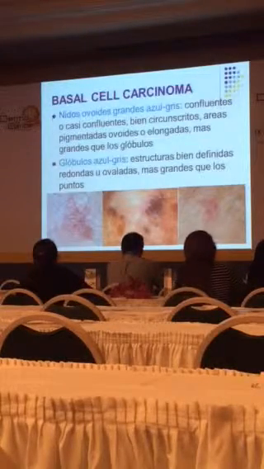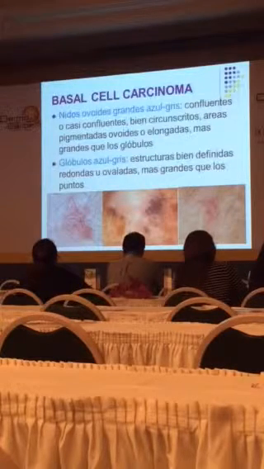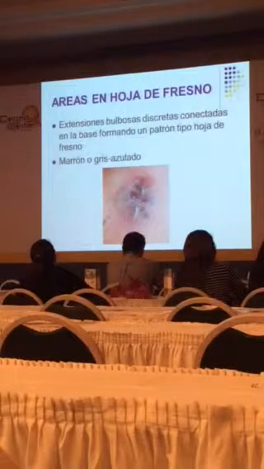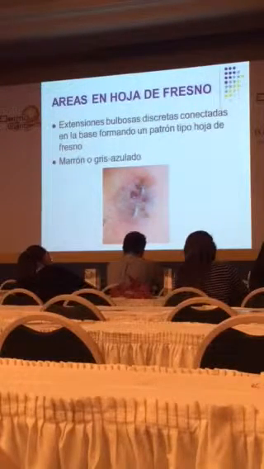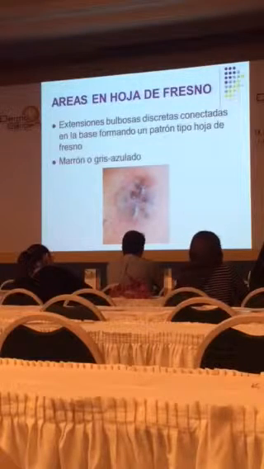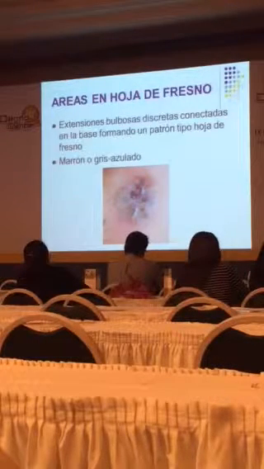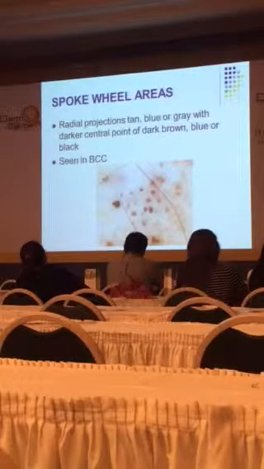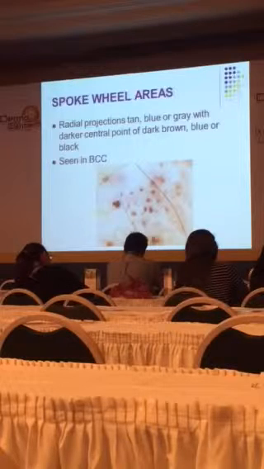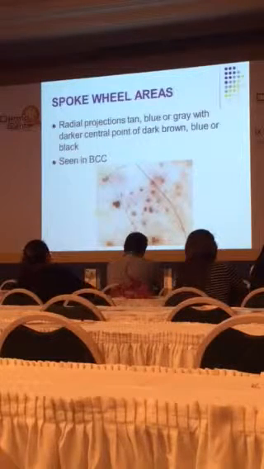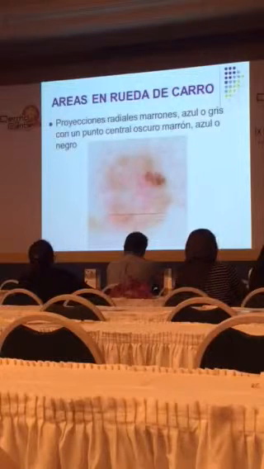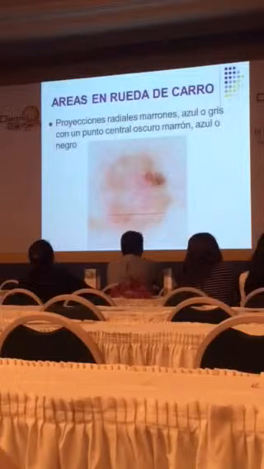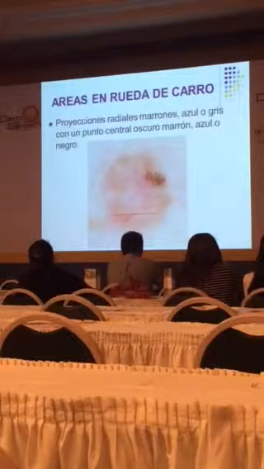But on the surface, you will see these scale and dotted vessels. And then patterns where you have, obviously, basal cell can have many patterns, but these multiple ovoid globules. Another example of these ovoid black globules, or maple leaf-like pattern, we call it, in basal cell. And another pattern of spoke wheel pattern of basal cell, where you see several little wheels of pigmentation. Obviously, we will biopsy. Another one where it's hard to tell in this bottom area if it's melanocytic or not, but on the edge we can tell it is a basal cell.